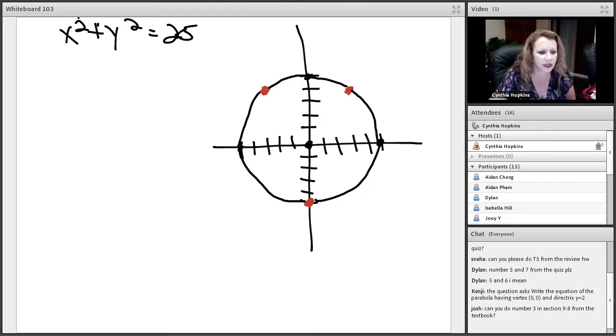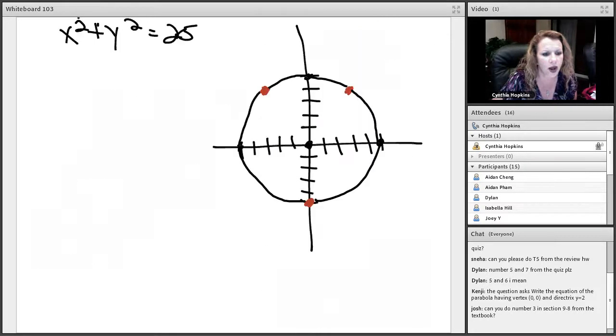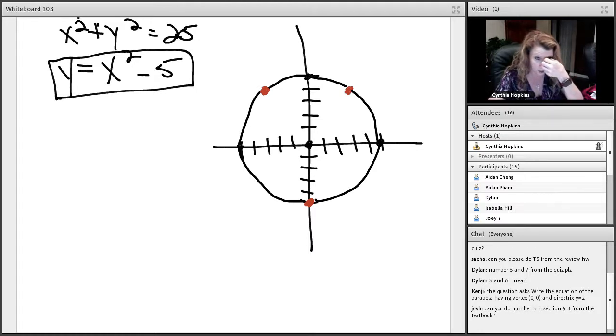Okay, my second equation, let me go back and look that up. It is y minus x squared equals negative 5. I want to get that y all alone. Y equals positive x squared minus 5. So now there's my equation. I know that is a parabola that opens up because the y is all alone. So that tells me it's going to open vertically, up or down. And then because my a, the positive 1 in front of the x squared, is positive, I know it's going